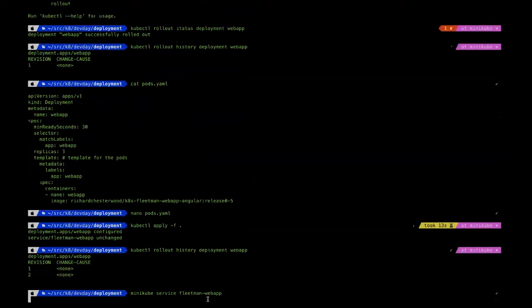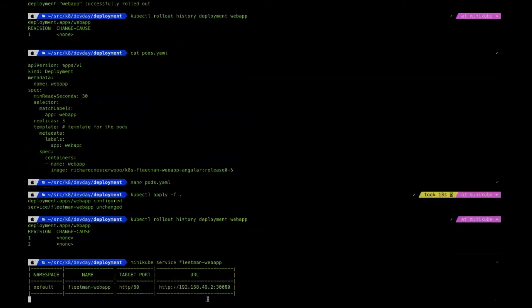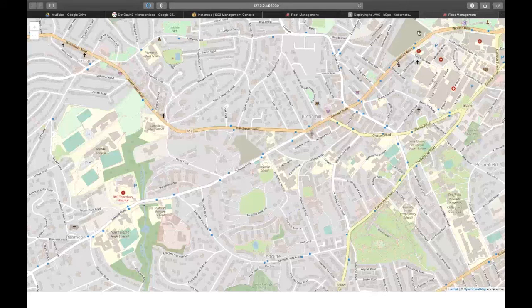Okay, so I'm deleting all my previous ones. So this is the current version that I'm running on, right? And let's see, now what I'm trying to do is roll back to revision 1. So now we are at revision 2, and we are trying to roll back to revision 1. So we don't want to do anything.